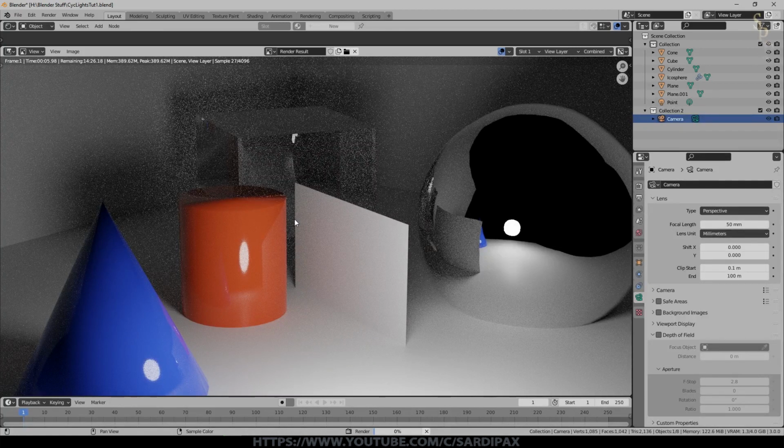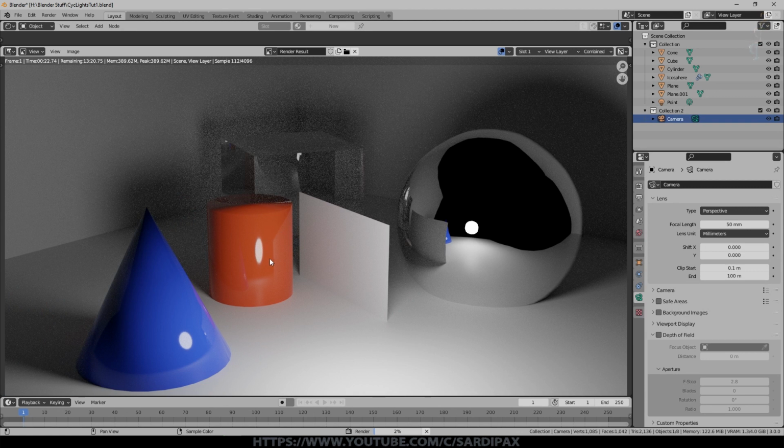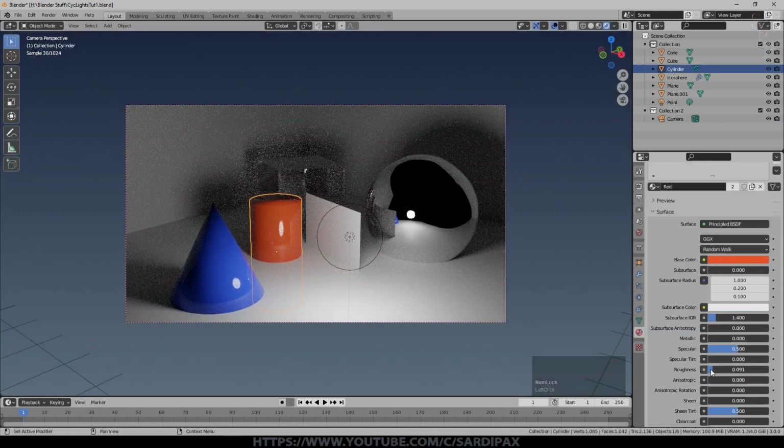I'm not sure it's any better, but you can just about make out that there is some colour, not just white light, that is reflecting off this object and showing up on this paper. It's not showing up very strongly actually, but it is there. Perhaps if I make the material more diffuse by increasing roughness here.